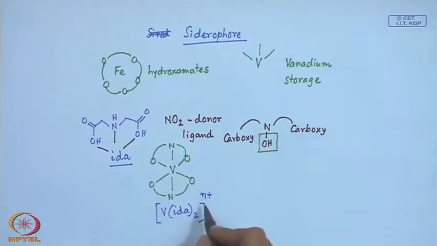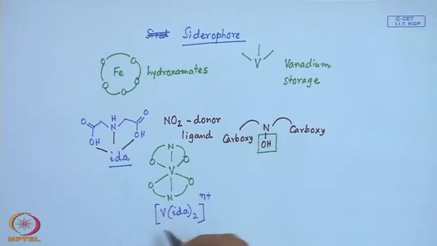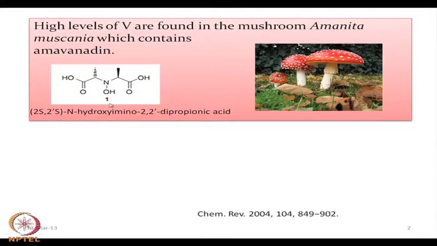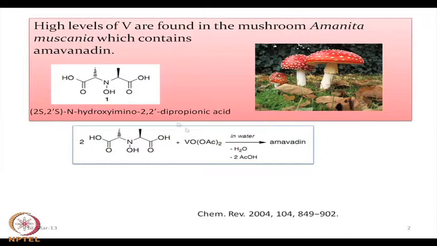So, whether it is cationic, we should provide some anions to crystallize it from the solution. So, when we have the NOH function in it, this is how vanadine can bind in the mushroom to take up vanadium from the molecule. But the reactivity of this is what people have studied afterward, because synthetically this particular one can be made in the laboratory, and when we react with VO